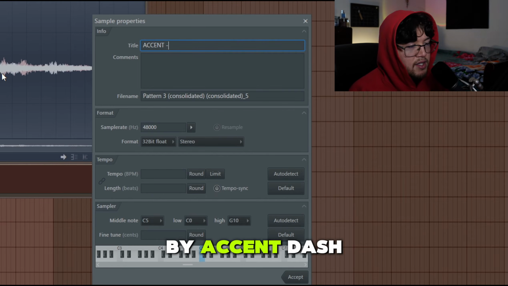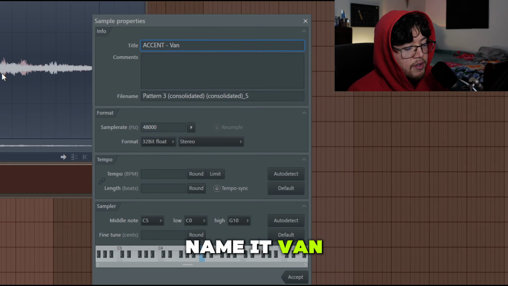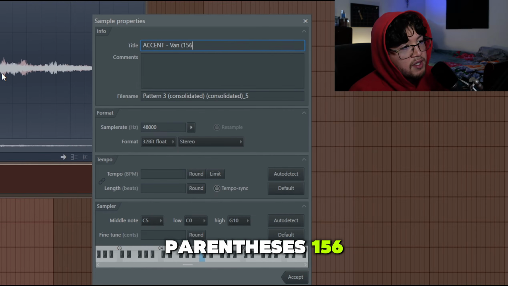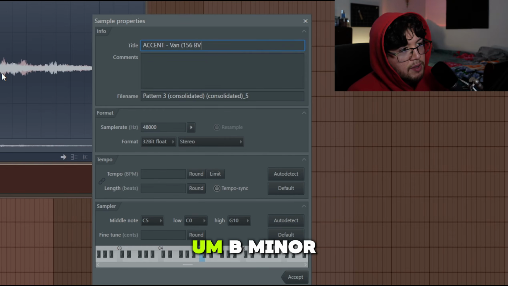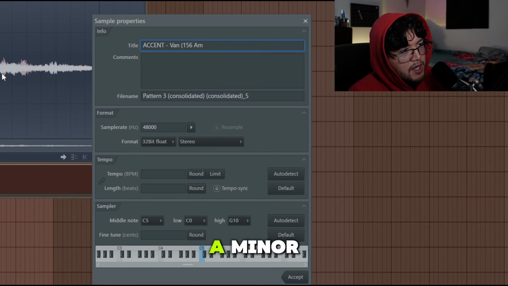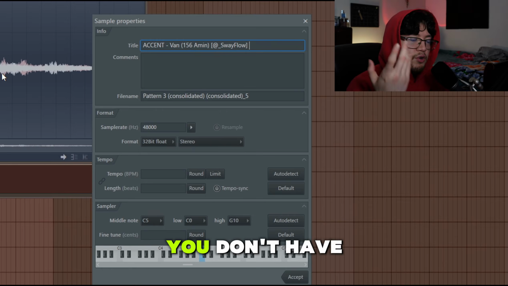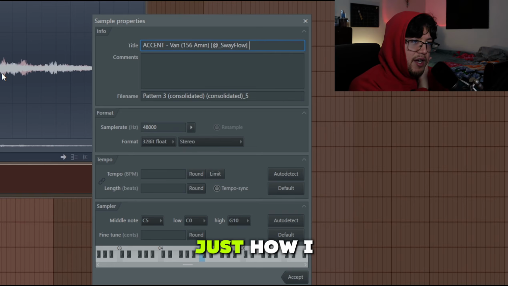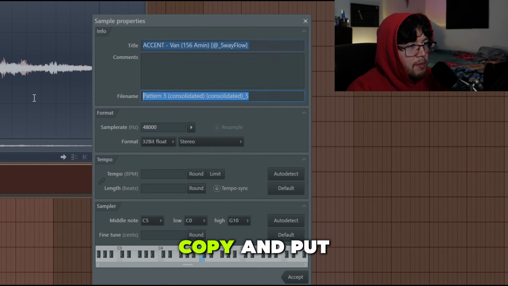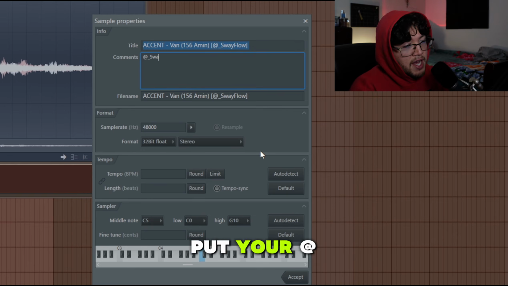I title it by accent dash, and then you can name it whatever. I'm gonna just name it Van parentheses 156 B minor. I don't really remember what key it was. I think it was an A minor or something, and then in brackets your name. You don't have to follow this exactly, of course, but this is just how I name them. And then you want to copy and put it in the file name again, and in the comments you want to put your @